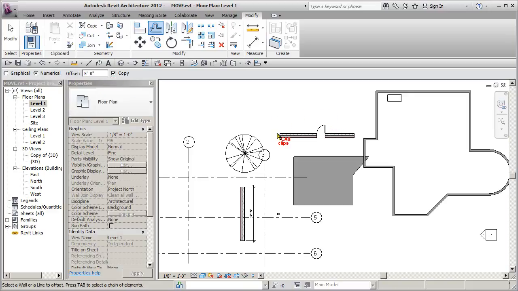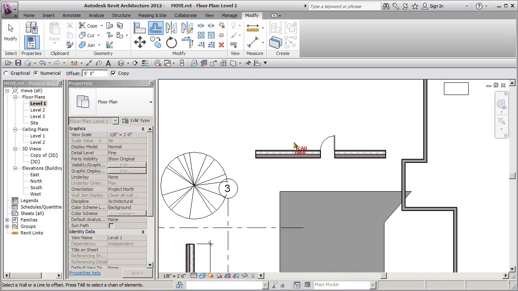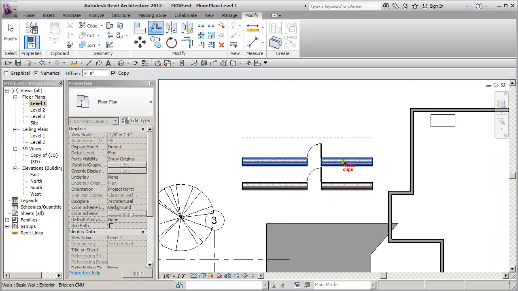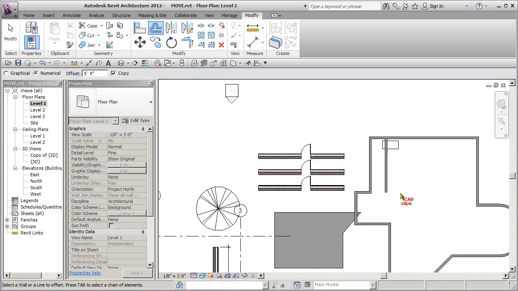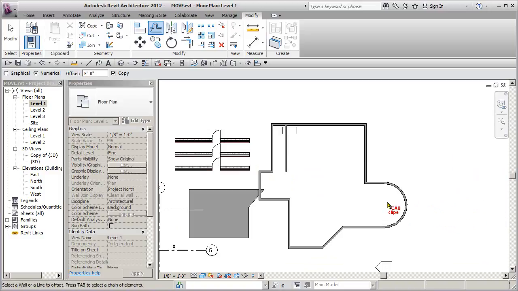As I move, you'll see when you do an offset, it's going to show you a blue line. If you go to the other side of the wall, you'll see that blue line flip back and forth. So once you're ready, you pick. And it basically offsets it center to center. And if there are windows or doors, you'll notice it takes them with it. So again, I can continue offsetting, and I can go over here and offset here. I can zoom out. Once I have that offset distance set, I can work my way around,